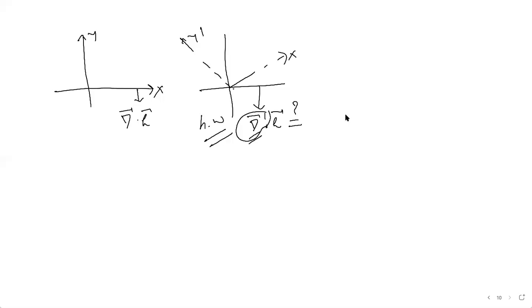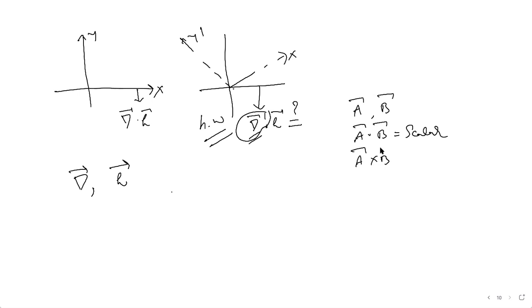Okay, now I just want to write down a few more things you can do with grad, this differential operator. You have a vector differential operator and a vector field, and I combined them with a scalar dot product. When you have two vectors, the product can give you a scalar, and at the same time it can give you a vector quantity too, isn't it?